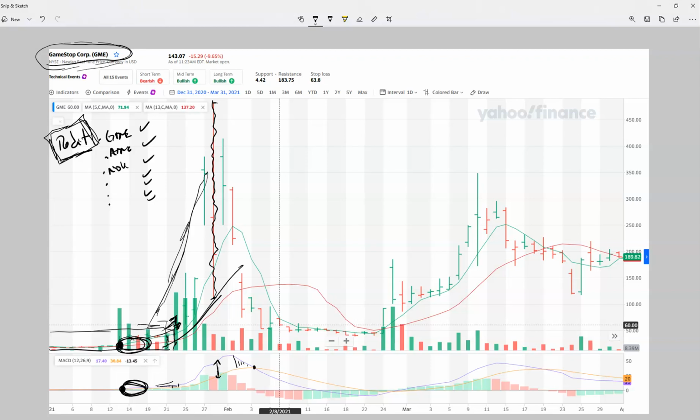Let's say we just use the MACD right here. So you would have shorted it somewhere around here, and you would have still made money all the way down here. Okay, notice that the MACD is now quite separated on the downside. So it would have been